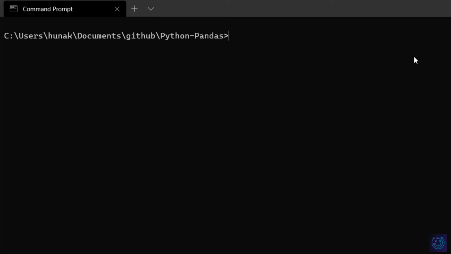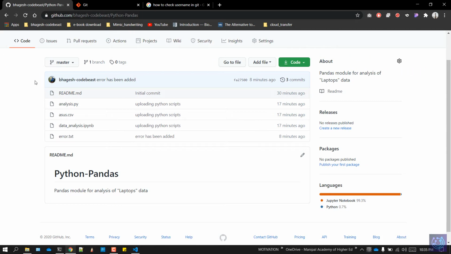After that, if you have added a few files which are new to Git, you can just type in git add followed by the name of the file or just a period to add all the files which you have. And the next command was git commit followed by -m followed by a message. So if you type in git commit, the changes will be committed or a copy of it will be stored. And the next command which we used was git push to push the changes to the online repository. All the files which you push will be uploaded directly to the online repository.